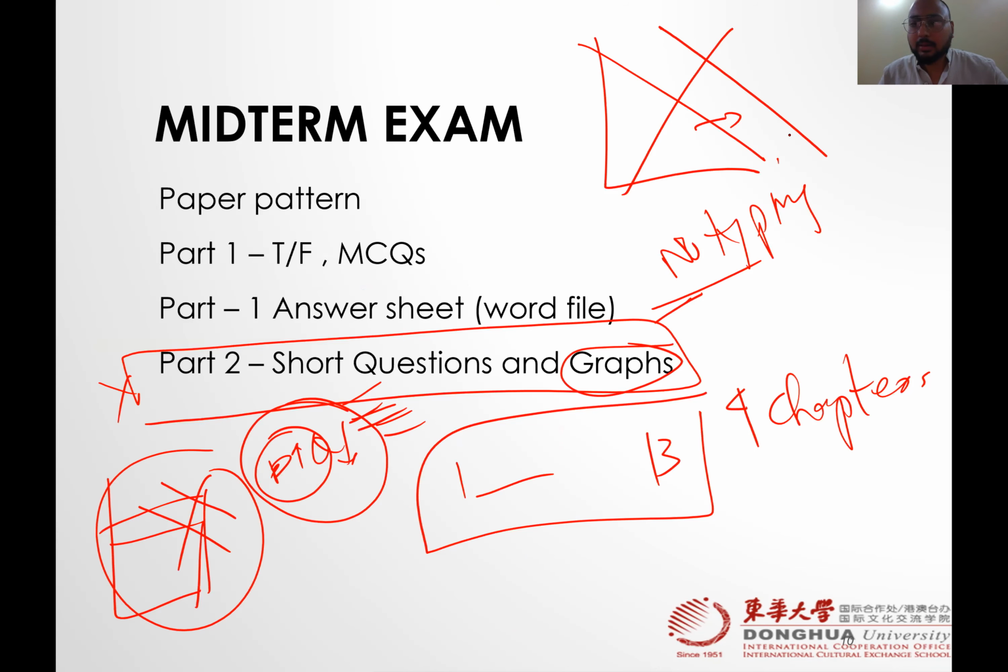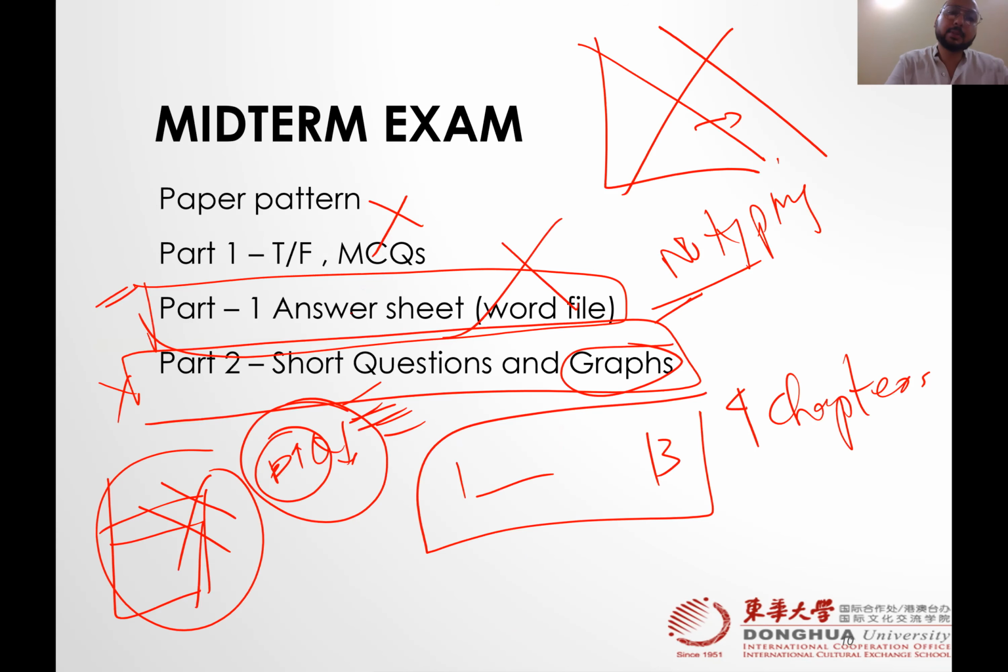But I would be needing this file, not this file. That is only questions, true, false, MCQ, that's it. So I'm going to be needing this Word file back in time. That's it. If time's up, there's going to be a negative marking. Or if more than 5 minutes, then I'm not going to accept your part one. I would strictly say that, sorry, you are not allowed to submit your part one.